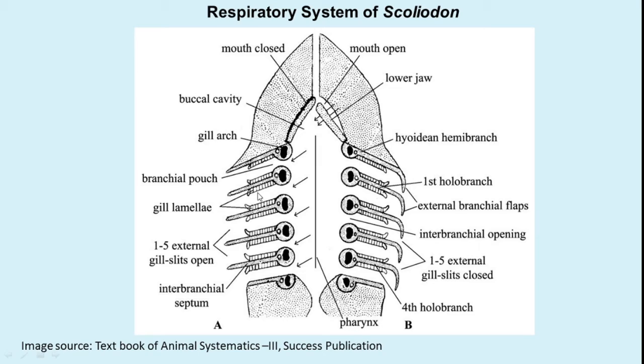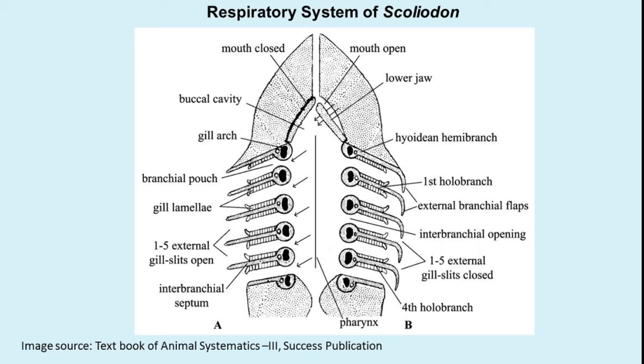Okay, so one set of gill lamellae will be located on either side of the interbranchial septum. So this is interbranchial septum. On anterior side or anterior face also you have gill lamellae, and on the posterior side also you have gill lamellae present. These gill lamellae are highly vascularized structure which are richly supplied with blood capillaries and have very thin membrane that facilitates the gaseous exchange.